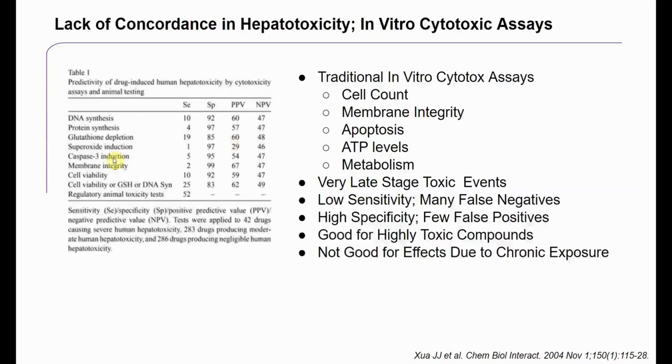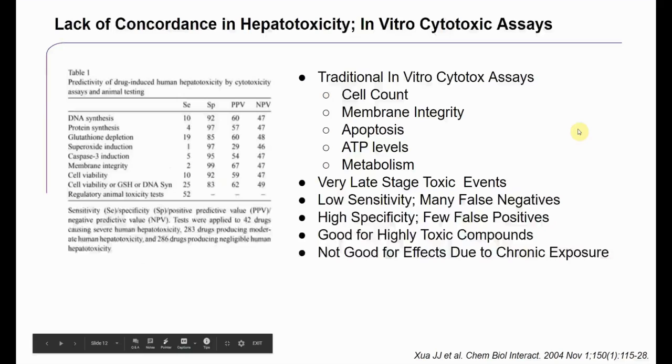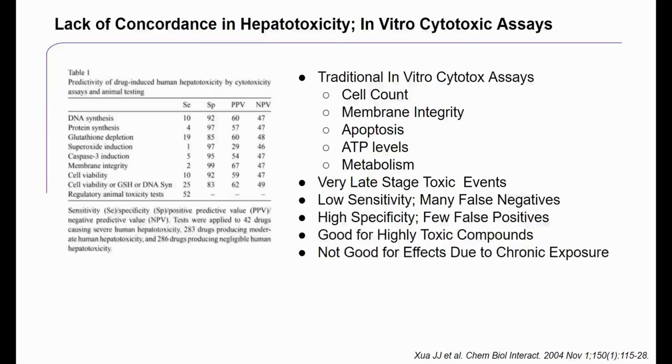And so you can see here some of these assays outlined in this table, and you can see how the various sensitivities here were quite low. The highest would be around 19%, but the specificities were quite good. So things that you were detecting, then yes, they were definitely toxic. So the upshot of this was that these assays were good for detecting highly toxic compounds, but not really good for predicting compounds that were toxic due to, let's say, chronic exposure, things like that, and certainly not good for detecting what are known as idiosyncratic compounds, so compounds that only affect a small number of people,